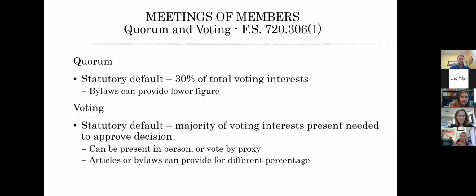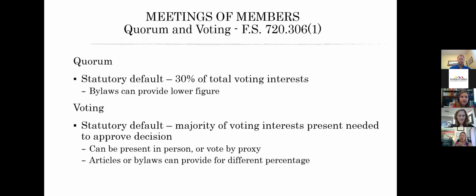Make sure that your documents don't have something higher than 30%, and if they do, I've seen a few of those with my older associations. For some reason at some point they had amended to maybe require 40% or something. The purpose of keeping quorum low is, as you know, it's often the biggest challenge that an association has is attaining quorum. So we want to make that as reasonable a figure as possible so that we can conduct the business of the association.